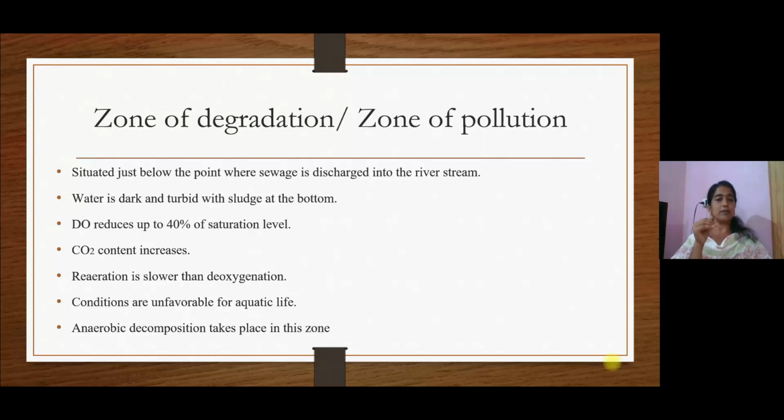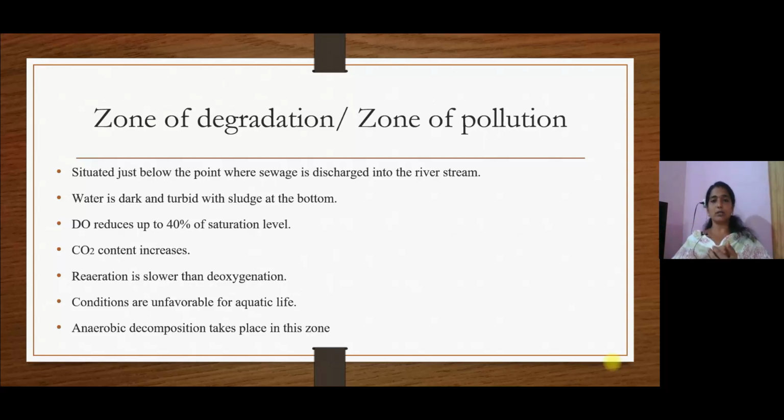The sedimentation will take place there, and the dissolved oxygen content will get reduced up to 40% of the saturation level, and the carbon dioxide content will increase, due to the chemical reactions that take place, and re-aeration is